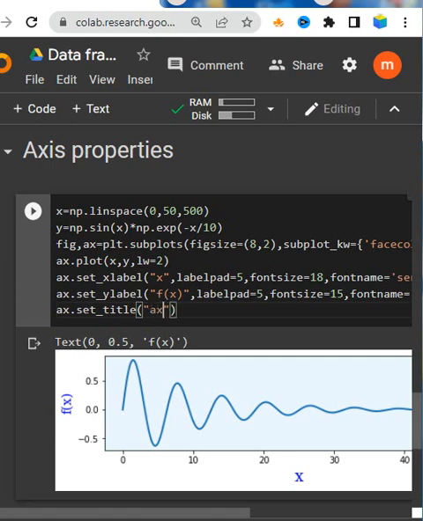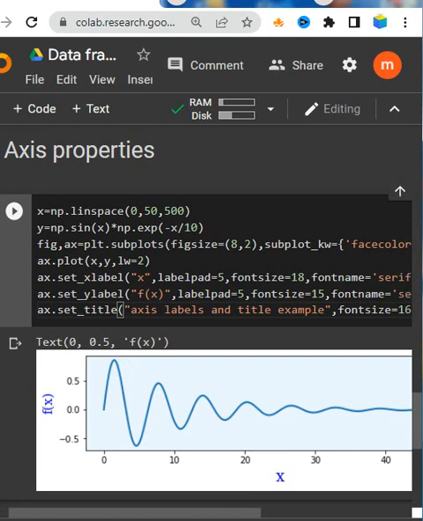Now the axis labels and title example, font size equal to 16,